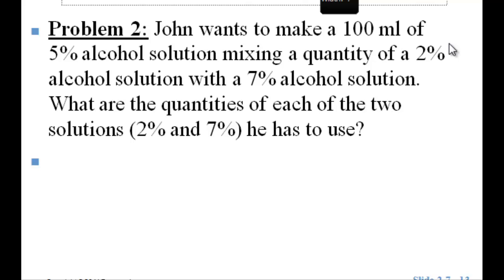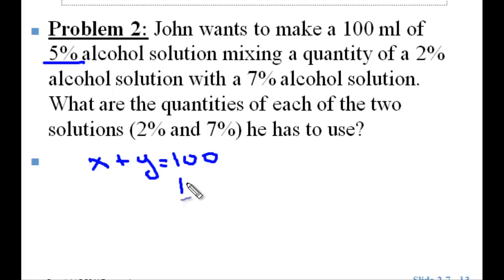Try another one. Don wants to make 100 milliliters of 5% alcohol solution, mixing a quantity of 2% alcohol solution with a 7% alcohol solution. What are the quantities of each of the two solutions he has to use? Our first equation, we have two solutions that we're going to add together. It'll give us 100 milliliters. Then we're going to look at the percentages. The 100 milliliters is